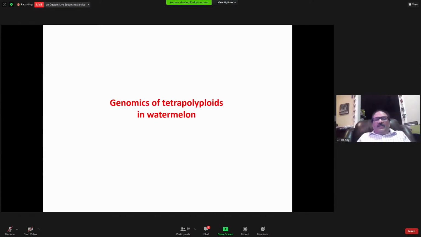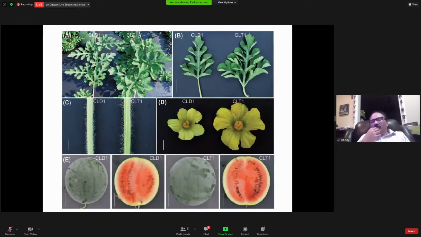So the tetraploids are very important in watermelon because not 99%, 100% consumer preference in the United States is seedless watermelon. So the watermelon is actually diploid. So they will give colchicine treatment and they make tetraploids. And once you cross diploid watermelon with the tetraploids, you will get triploid watermelon. Since triploids will have meiotic abnormalities, when the meiosis is happening, because of that meiotic irregularities, there will not be seed set. That would be seedless watermelon.